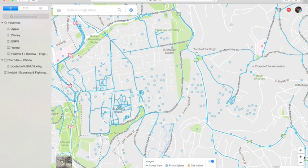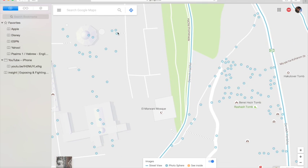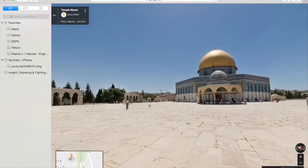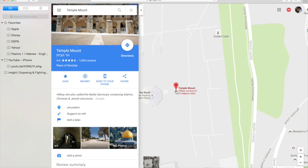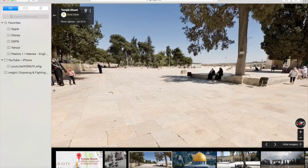Now it starts to show up the little dots there once I touch that little blue thing there. And as we get closer, we're supposed to be able to come here and click on one of these dots. Now that one just shows us the Dome of the Rock itself, okay? We can move this around, look around, etc., right? Now, that one's called the Temple Mount, but from time to time, we're supposed to be able to see it also as not just these panoramic views here, but we're supposed to also be able to see it